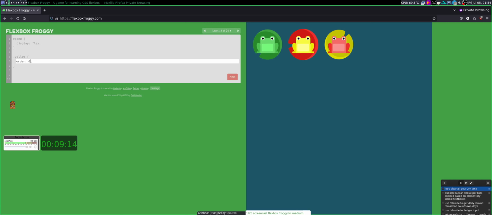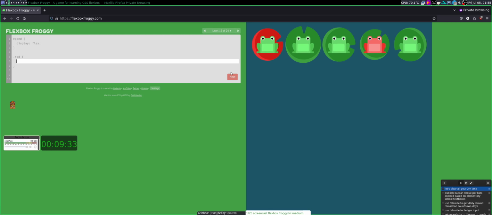So the default is order 0, order 0, order 0. If I change order for the yellow into 1, this still makes the red and green have order 0. Okay, I want the order 1 into minus, right? Moving to the left. 1, 2, 3. So this is -3.